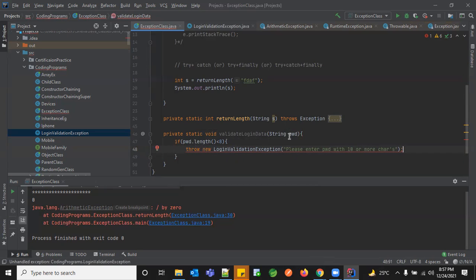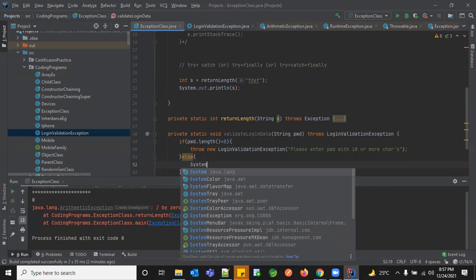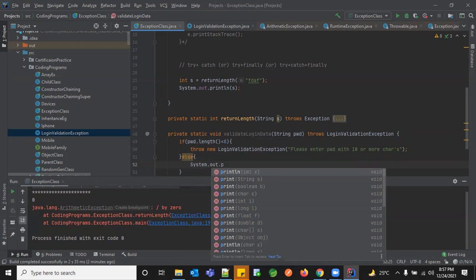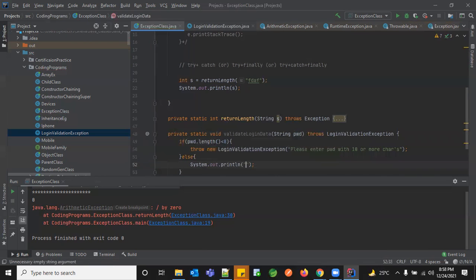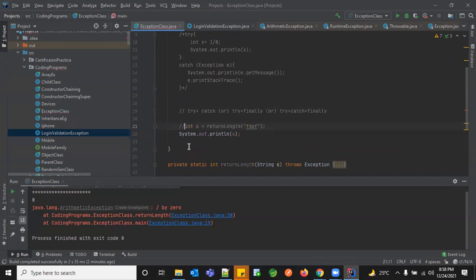And whenever you're throwing this, you need to have that throws in your method signature. And now let's do this. Else, I'll just have a sysout. Welcome to home screen. Since we don't have any UI, I'm just giving a home screen message and I'm closing it.